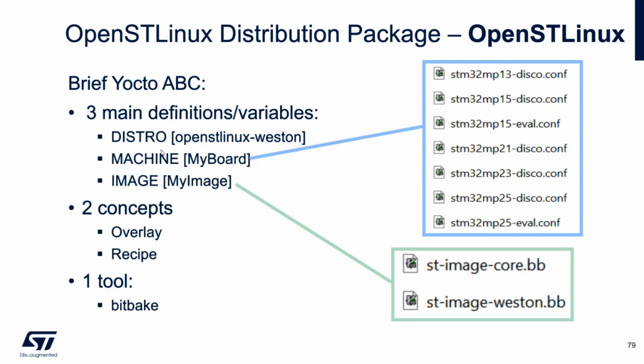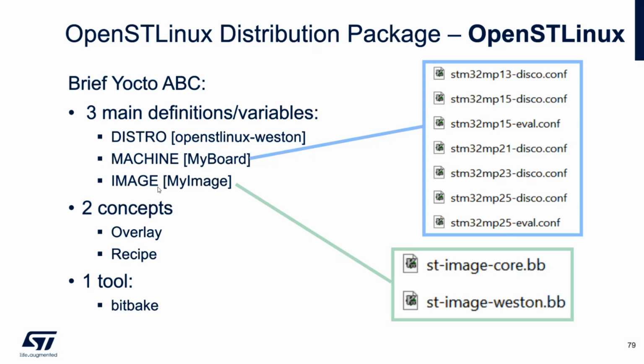I would like to concentrate on the machine and image definition. Machine means your board. The machine is a variable that contains the definition for your board. So you can see that in our case, the machine can be the MP13 disco, MP15 disco, MP15 eval. It is just a single configuration file that contains the hardware information